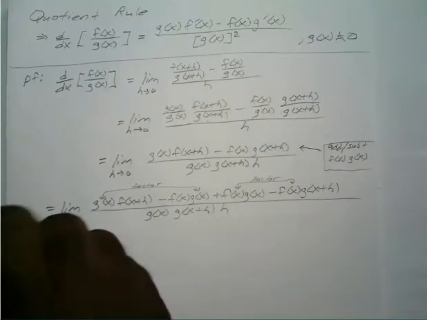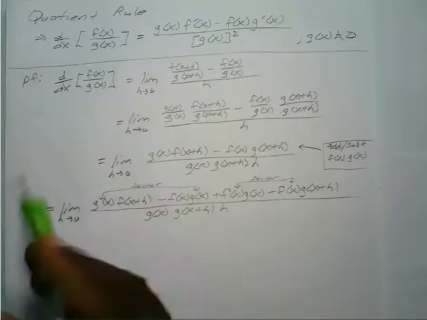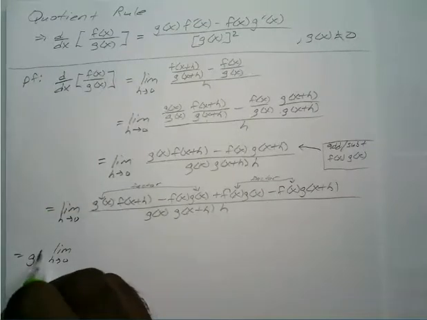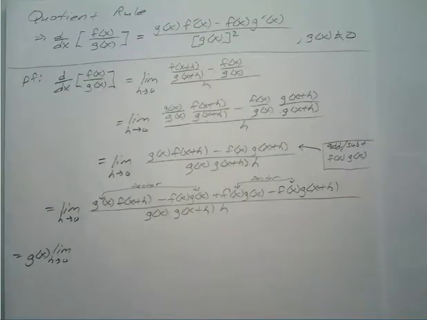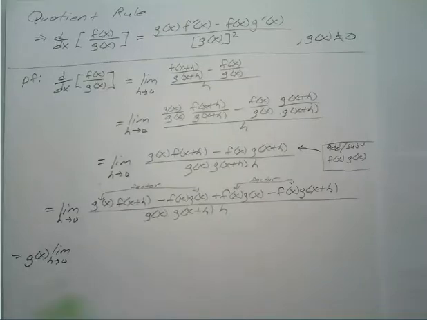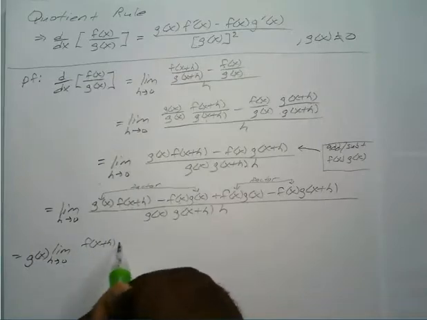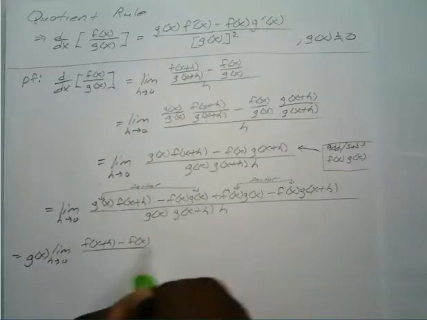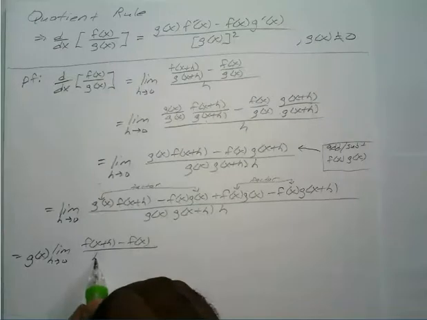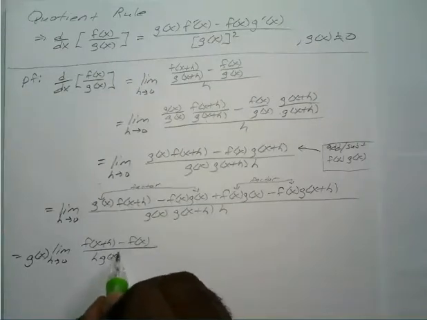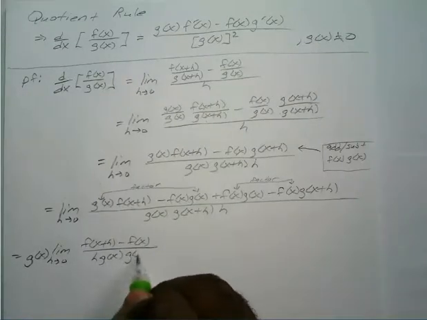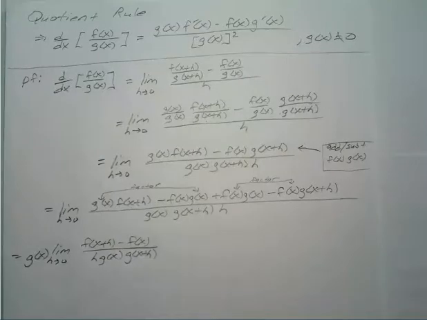And the g of x that we factor out, we're going to just put that right on the outside, which leaves us with f of x plus h minus f of x all over h times g of x times g of x plus h